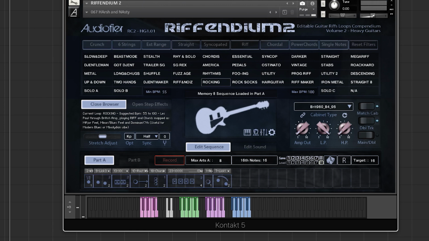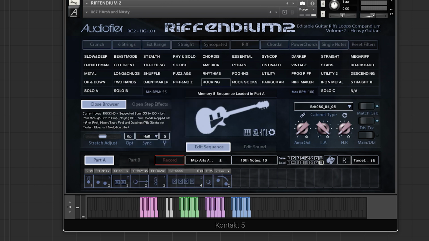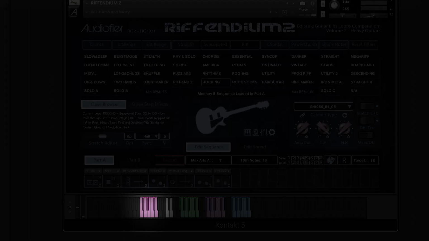So we have one more memory slot to check, which is this one, which has been used in the little demo that I already played to you. Of course, you can go in and use all these articulations to create different sequences, or use, as we already just did, the randomize button. Then you can save them in one of these memory slots